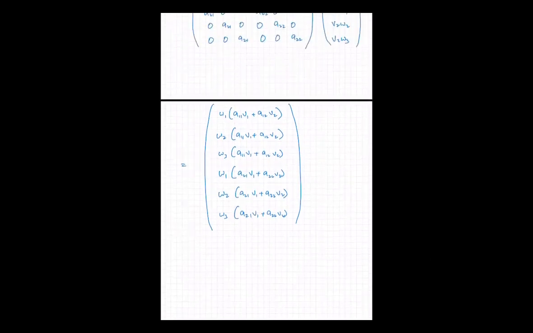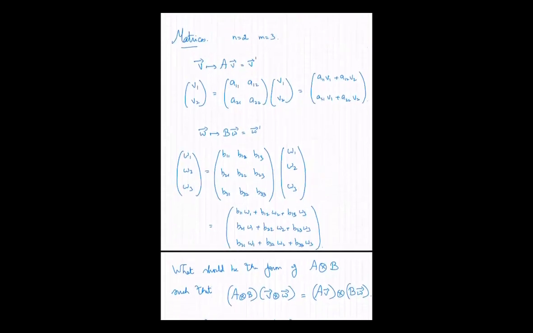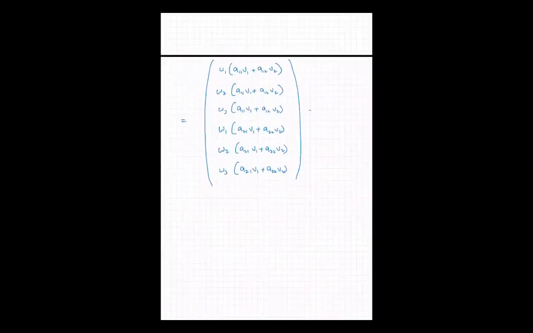So the first V is simply A11 V1 plus A12 V2. But this is precisely the mixing between the V's in the 2-dimensional space, right? So V1 becomes V1 prime, which is A11 V1 plus A12 V2. Similarly, V2 becomes V2 prime, which is A21 V1 plus A22 V2. So I can write this as